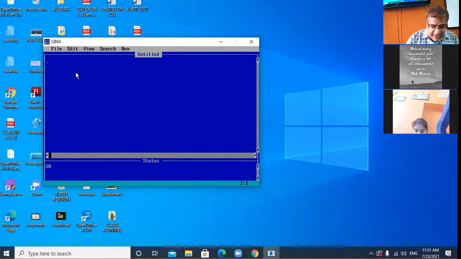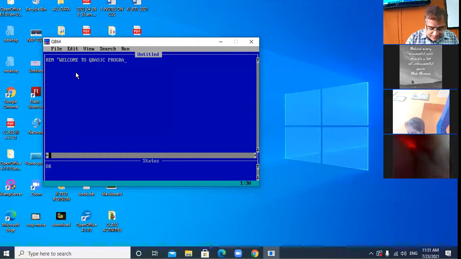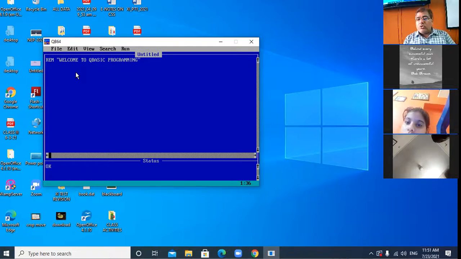For example, I write here REM space double quotes, Welcome to QBasic programming, double quotes closed. REM stands for remark. Any remarks, any comment you can write enclosed in double quotes, whatever remarks you write in double quotes after the REM command will not be shown in the output.